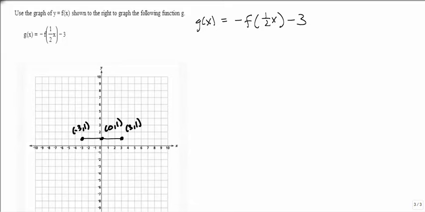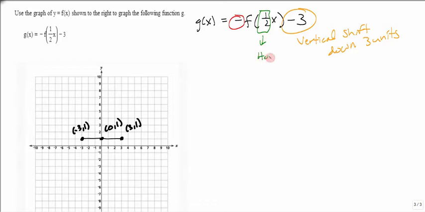So we have 3 transformations. I have the negative, I have the 1/2, and the very last thing that I have here is the -3. So this is a vertical shift down 3 units. It's outside the argument of the function, so it's going to do exactly what you think, this movement down. Okay, this 1/2, it's inside the argument, so this is going to be a horizontal